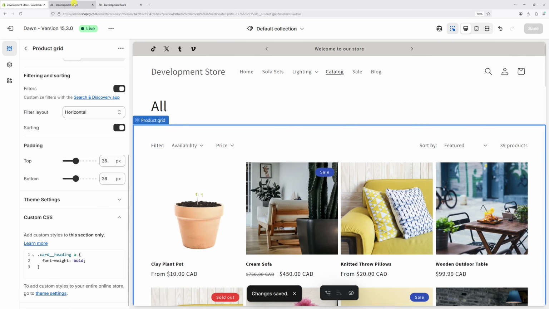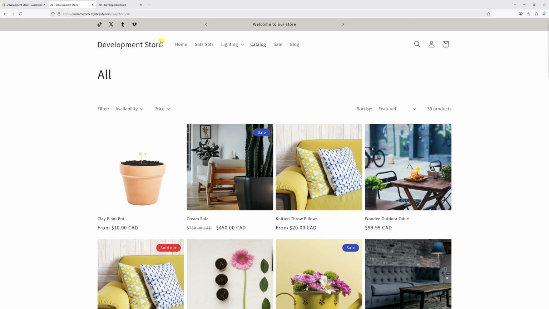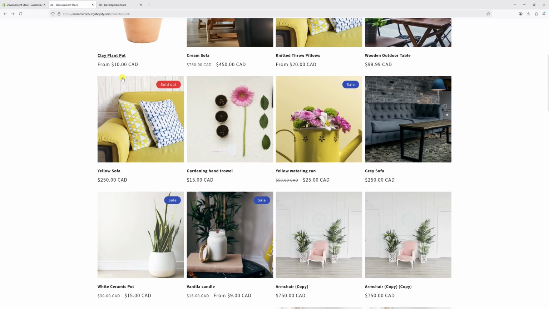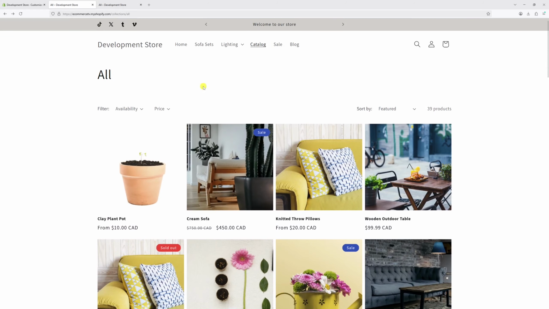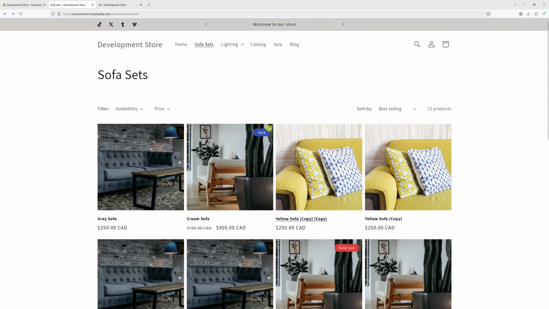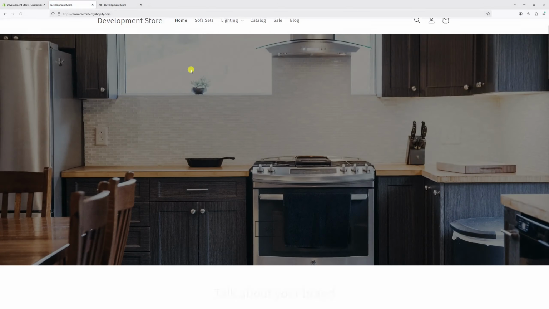Now let's go back to the website. Let's try refreshing one of the collections. And as you can notice, the product titles now appear in bold, and this change will be reflected in other collections right over here. And lastly, if you have a featured product section on your homepage like I do over here,